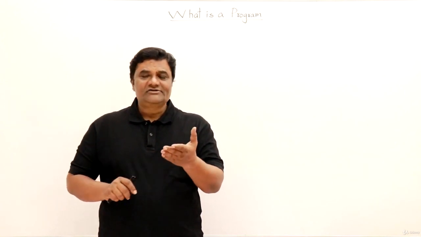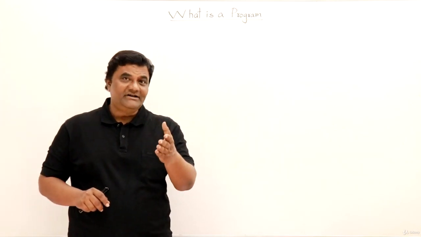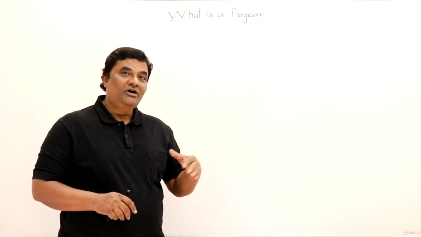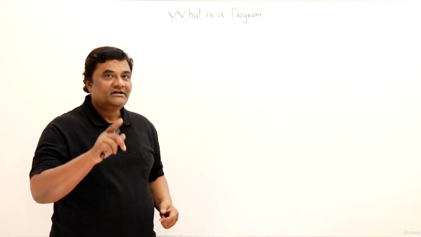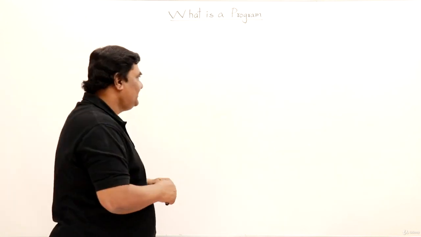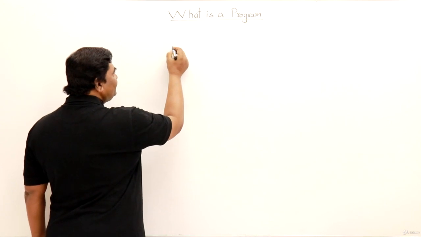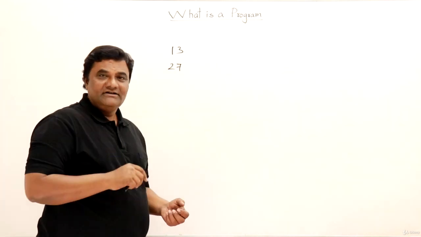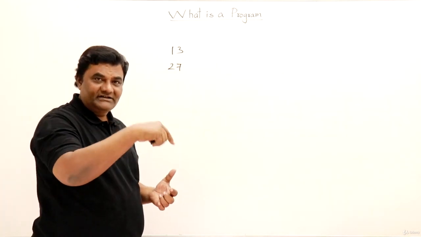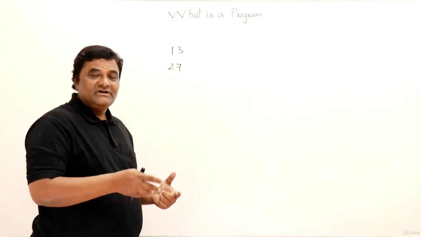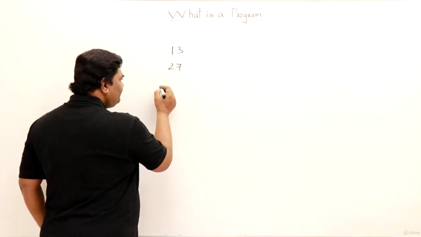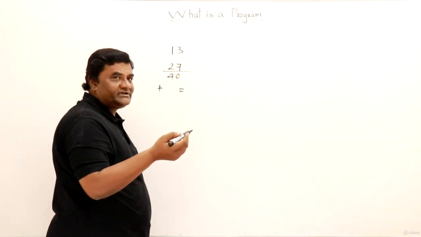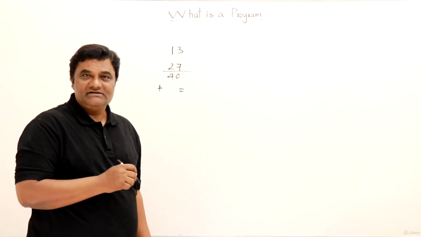That computation work can also be done using a calculator. Yes, it can be done using a calculator. So let us first understand how we use a calculator, and then I'll show you how we can use computers and what it means by programming. We use a calculator like this. For example, if I have two numbers and I want to add them, the first number is 13 and the second number is 27. So take a calculator, hit the first number 13, then press plus, then hit the second number 27, then press the equal to sign, and finally I get the answer, that is 40.